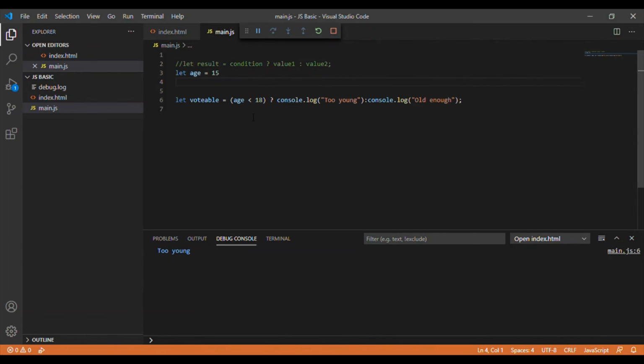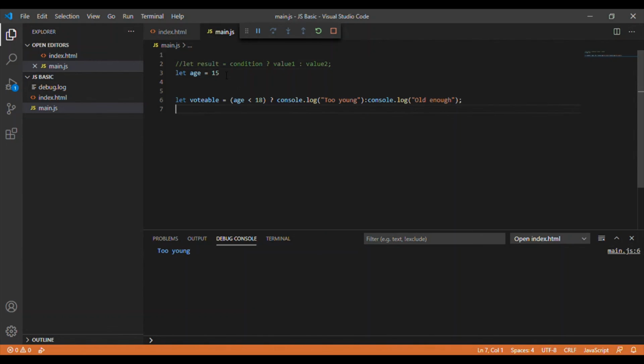So now let's see, here is a particular variable called supportTable. The same example which we have seen in the PPTs. Here if age is less than 18, we have to print in our console too young. It has already come here because our age is 15, which is less than 18.